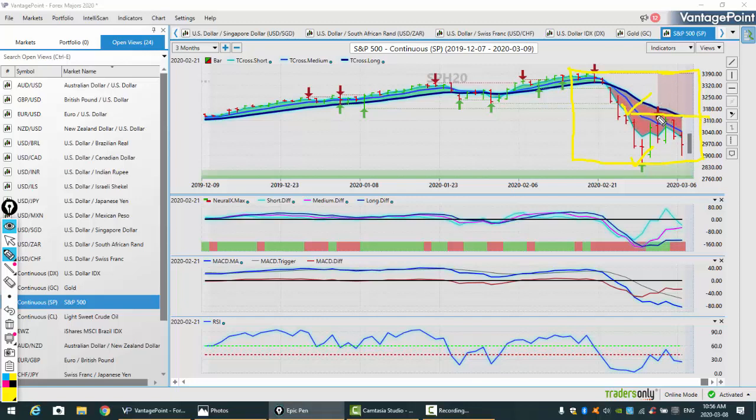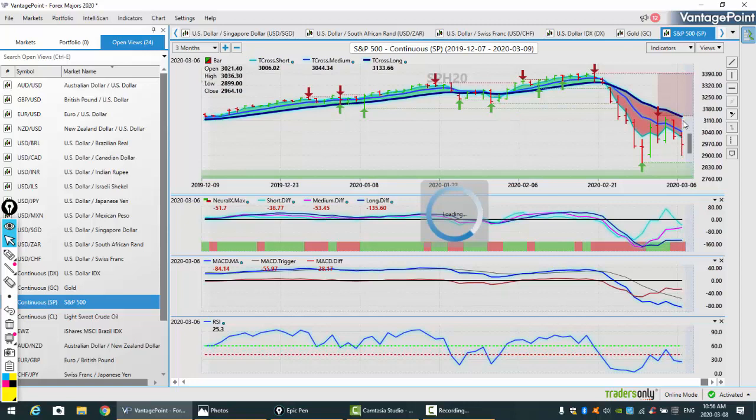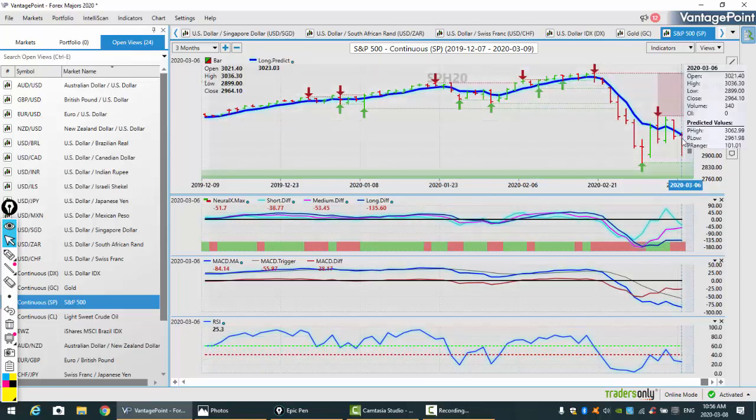So this is where the market is failing, right around this 50% mark. We'll continue to monitor this to see if we can break above that. But for now, all of the resistance on the S&P is sitting around this 31-33 area. We've come up to this level multiple times and failed. If we look at the VantagePoint long predicted, using that predicted moving average only as a pivot area, you can